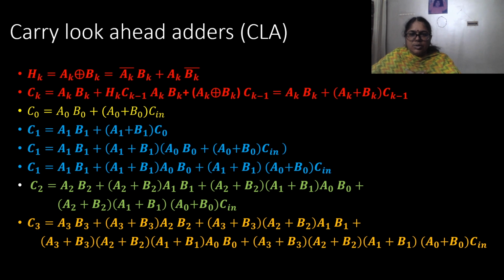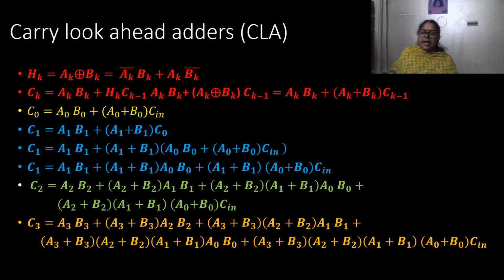As we study further and see what carry look ahead adder is, we can see that more gates have to be used whose inputs are large numbers. That means the number of inputs to the gates would be increasing. Similarly, the number of gates which a gate has to drive would also increase. That is why the carry look ahead adder will have fan in and fan out issues. Similarly, it is not a regular structure.